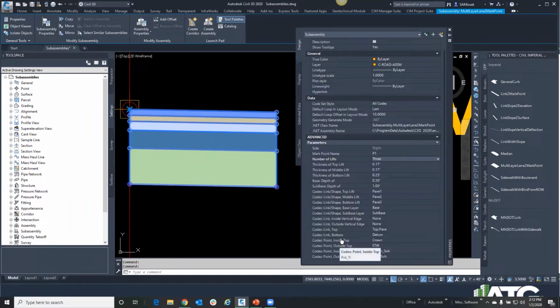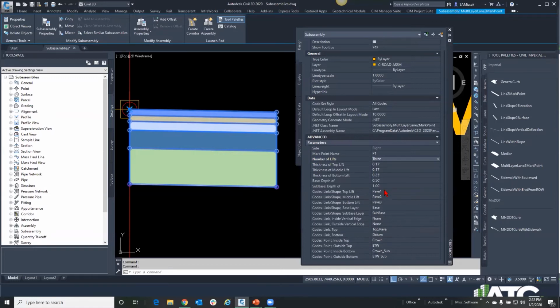Again, this is one of the big things about these, is that out of the box there wasn't much for customization when it came to point, link, and shape codes. Now that they're customizable and I can build my own unique custom code set styles, I can make this look any way I want in the software, in Civil 3D. So in the assembly view, I can make it look one way. When I'm editing the corridor, I can have it look another way by the code set style. And then when I'm ready for production printing, I can switch that to be something else